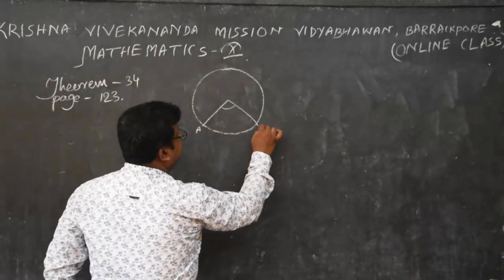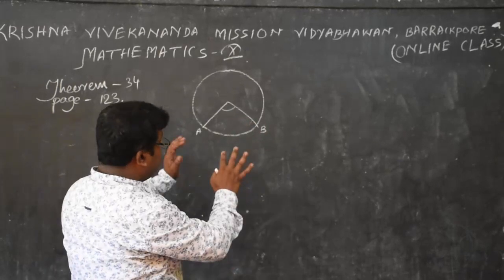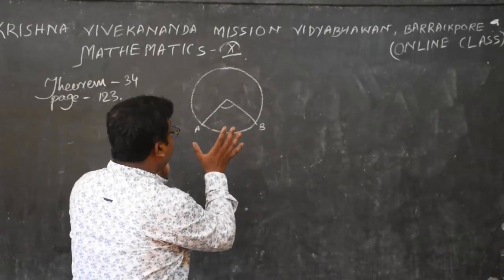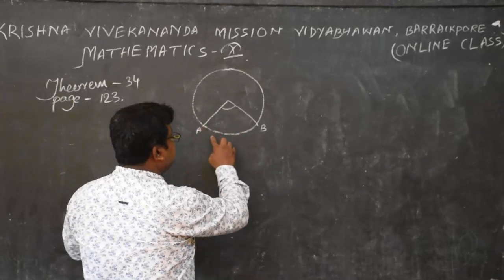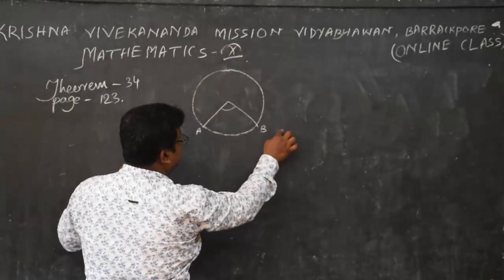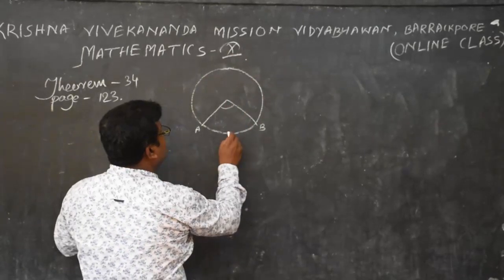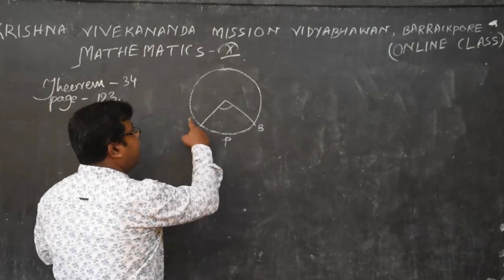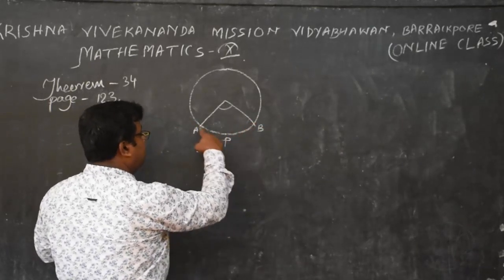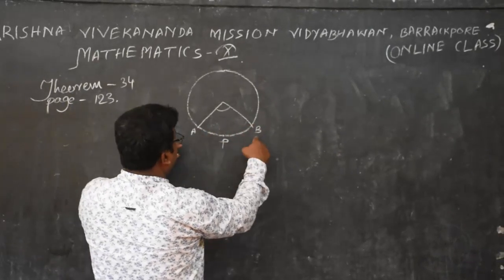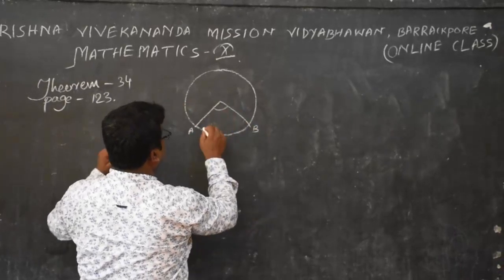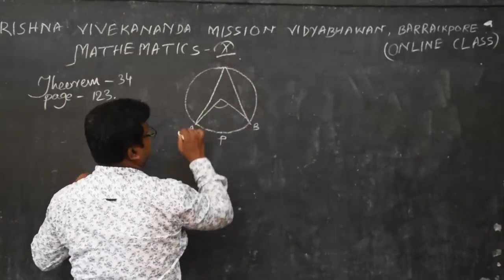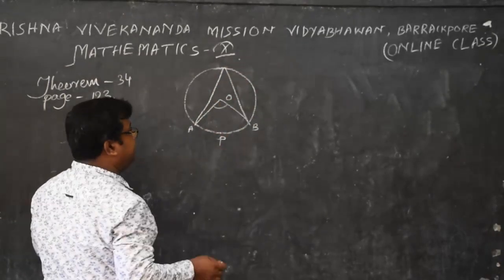Suppose AB is an arc. So now listen to me carefully. It is not possible to make you understand whether this part is AB or this part is AB. So to make it clear, you have to give a point P on the arc APB. It is called an arc. Okay, on the same arc, the angle subtended to the center is twice the angle subtended to the remaining part of the circumference. Let O be the center